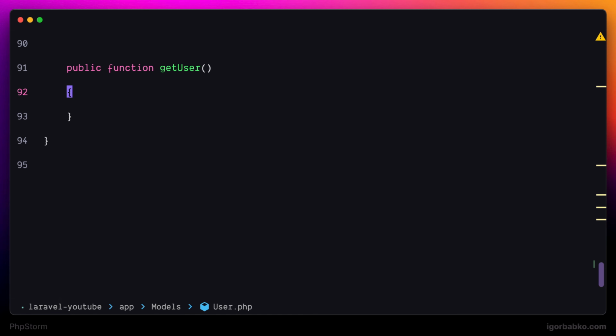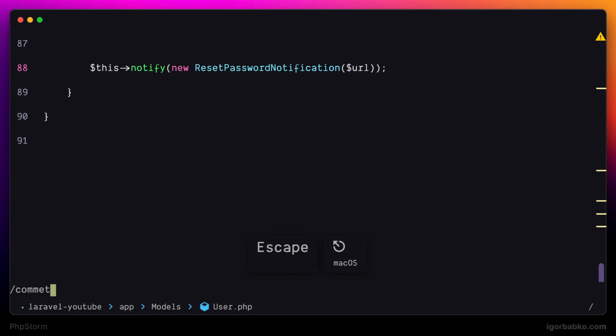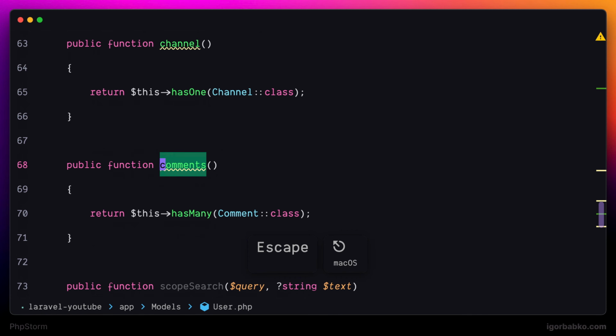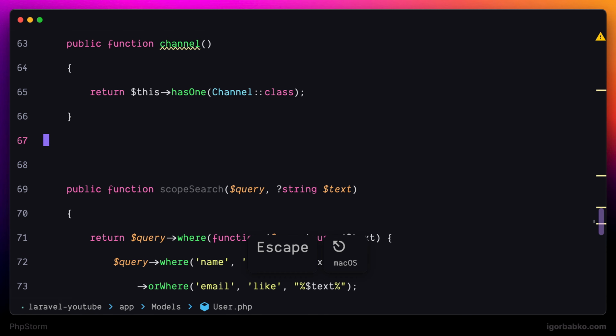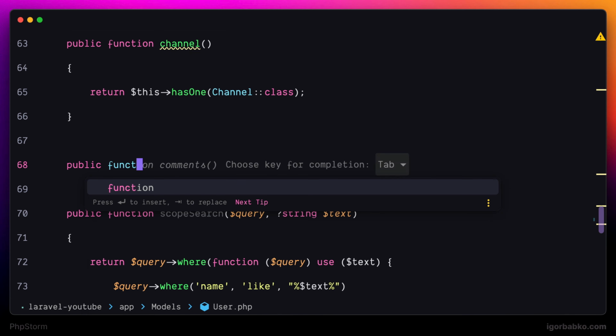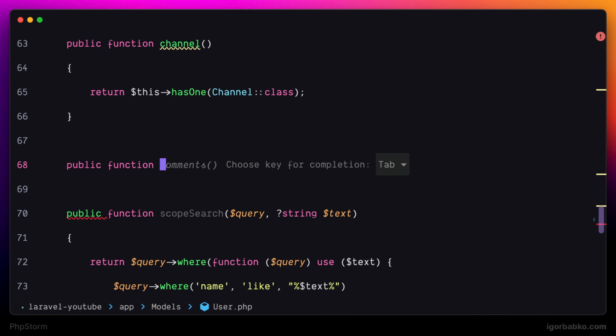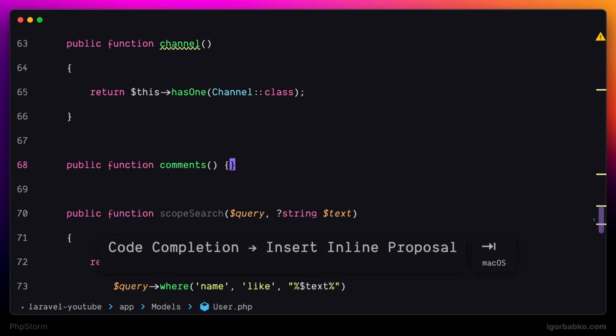And now let's review another type of completions, so-called smart completions that are based on AI. And these completions are called smart because they take into consideration the surrounding code. So for example, if we're going to try to define a new method in this class, before typing in the name for the method, PhpStorm suggests smart completion of the possible name for the new method. And as we can see, in my case, it is pretty accurate,